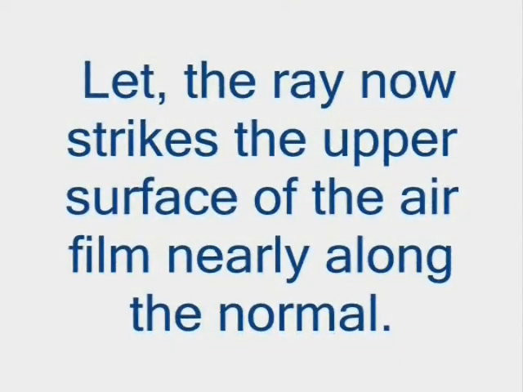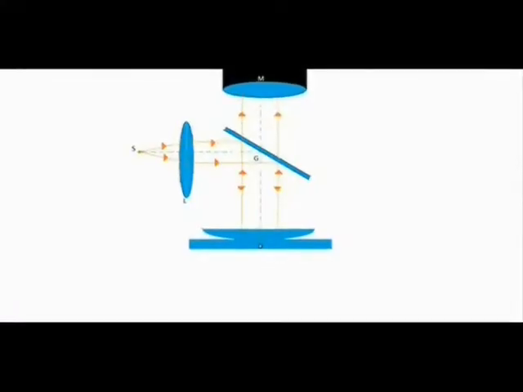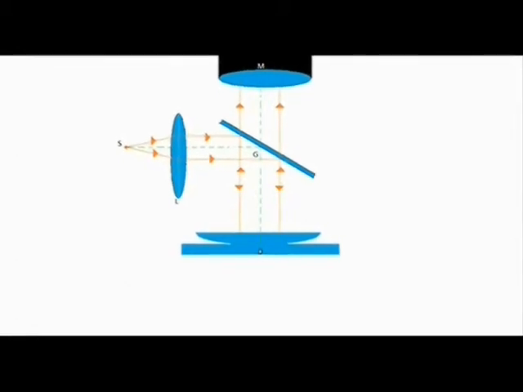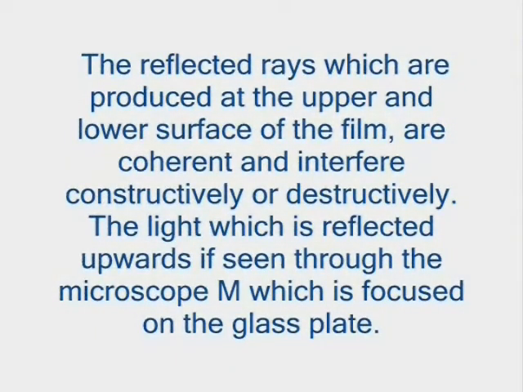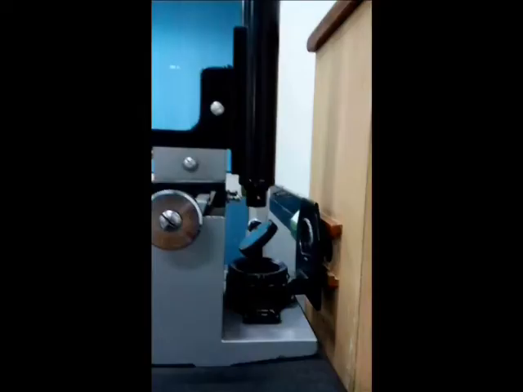Let the ray now strikes the upper surface of the air film nearly along the normal. The ray is partly refracted in the air film and also partly reflected at the lower surface of the film. The reflected rays, which are produced at the upper and lower surface of the film, are coherent and interfere constructively or destructively. The light which is reflected upwards is seen through the microscope M, which is focused on the glass